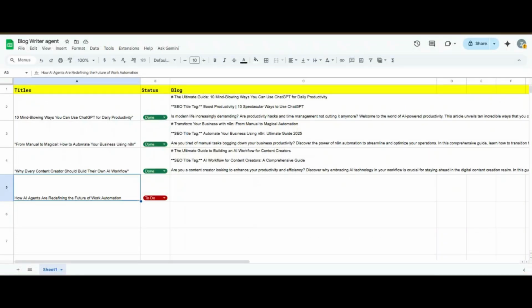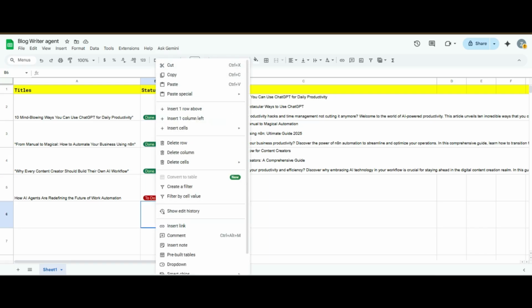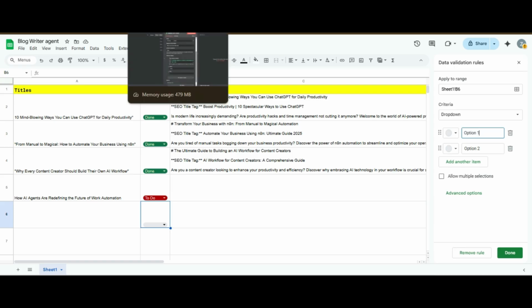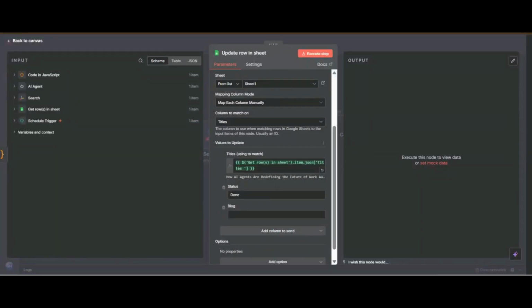When you are creating a status, you have to select a drop down menu. How can you do this? Select, and here you can see a drop down, and you can name it. But now I will not do this, and I will just update the status to done.